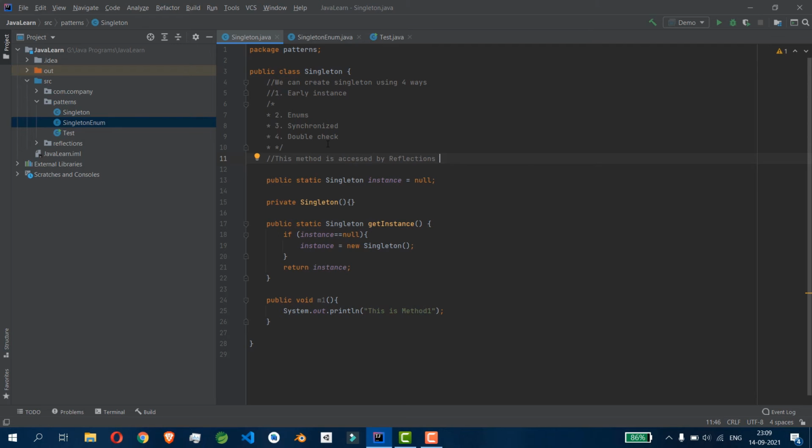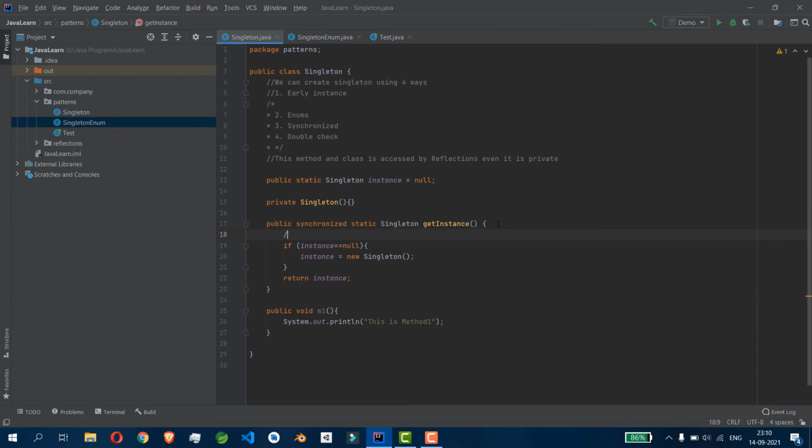If using the synchronized method, one thread will complete the task completely, and the next thread will wait until thread one is completed. It is used for thread safety. Okay, but we can access the method, even the synchronized method.